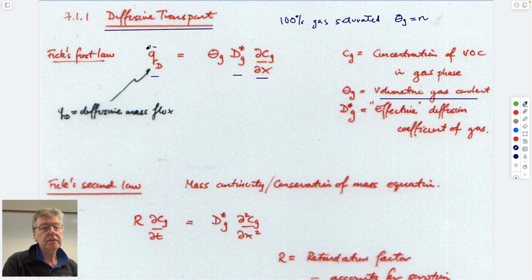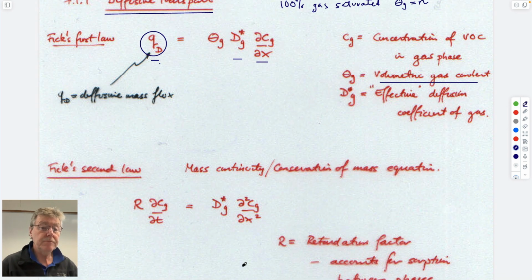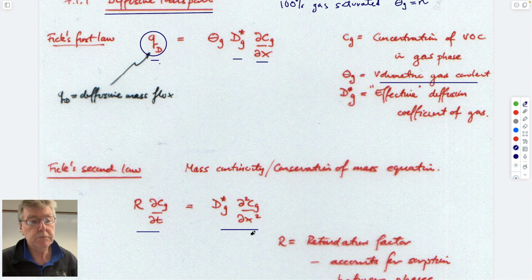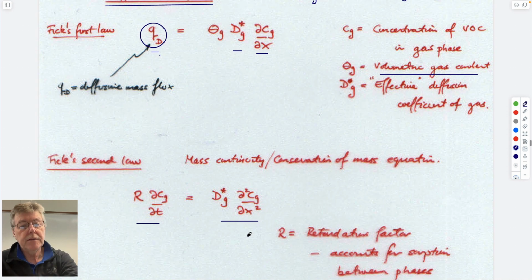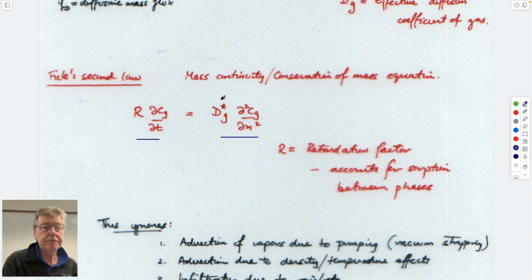So again, what we do with this is we take a mass flux and put it in conservation of mass, that mass in equals mass out, and what doesn't come into the balance is accumulation, which is essentially Fick's second law, and we get this. Accumulation is equal to mass in minus mass out, seen before. This happens to be an effective diffusion coefficient, and we'll talk about exactly what that is. And this is a retardation coefficient,